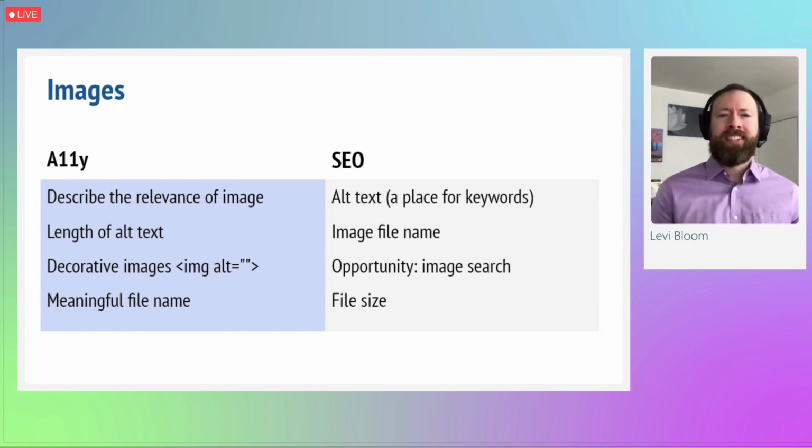And it's yet another place to put your important keywords. You have to do this in a considerate manner, though, because if you just stuff keywords into the alt text, that's going to be annoying for someone with a screen reader. So you want to balance SEO and accessibility. You can place keywords in there, but still have the alt text serve its true function of describing the image.